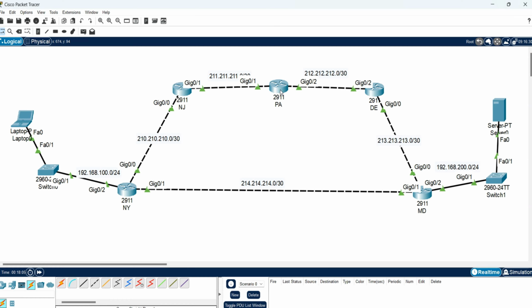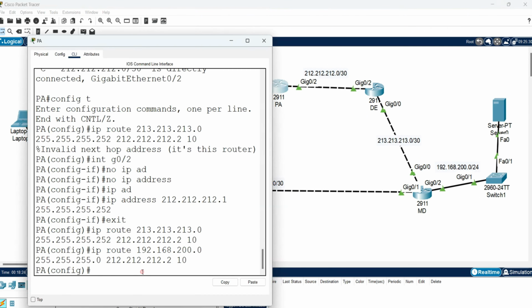Okay, I'm over here. I added the 213 and this one. How about the 214? Which way is better? If I'm here, one, two hops, right? If I'm over here, one, two hops, it's the same thing. So it doesn't really matter for the 214 also. I'm going to go through the same actual path, which is through what? Dot two. So IP route